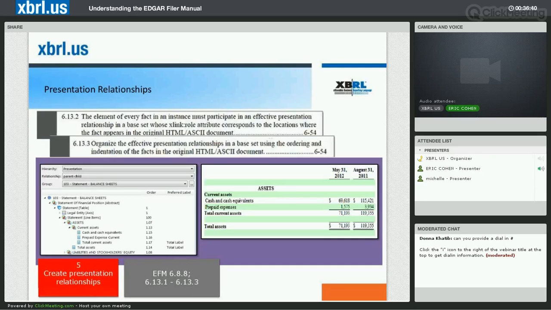Now, everything needs to be presented somewhere. If you put a number or a fact in your instance document, it's got to be in a presentation linkbase. It's got to show up somewhere. And as possible, that presentation relationship should follow the order and the indentation of the facts in the document of